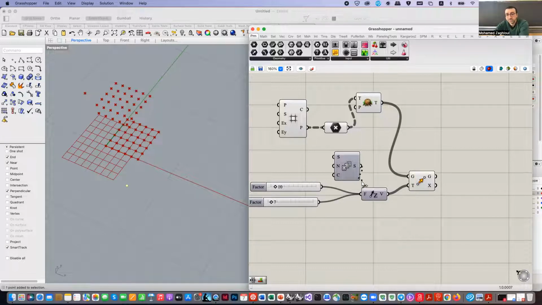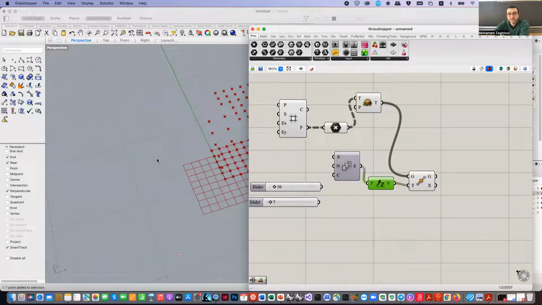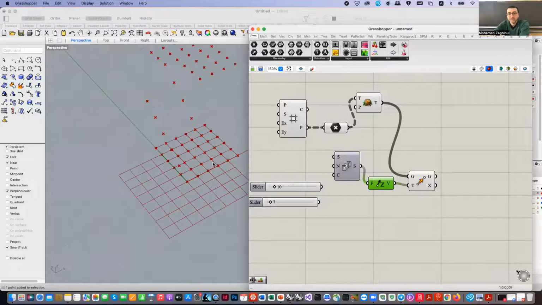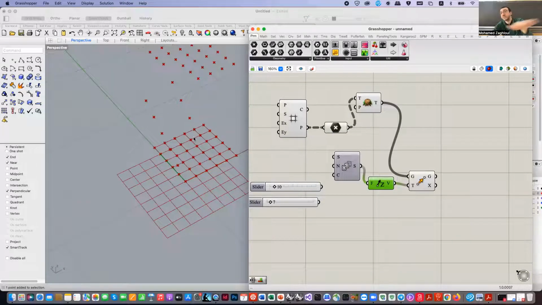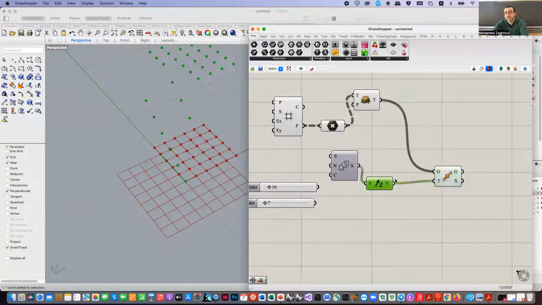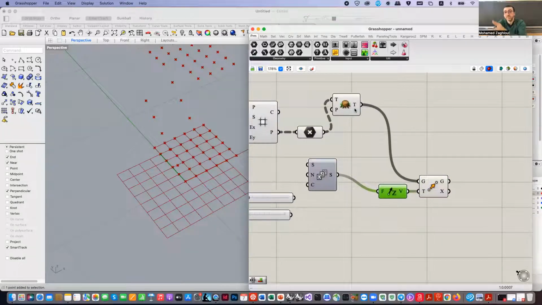If you connect these to this output, the first point will be moved by 0, the second point by 1, the third by 3, 4, 5, but we need this for all. So we will use another idea, the inverse of flatten, called